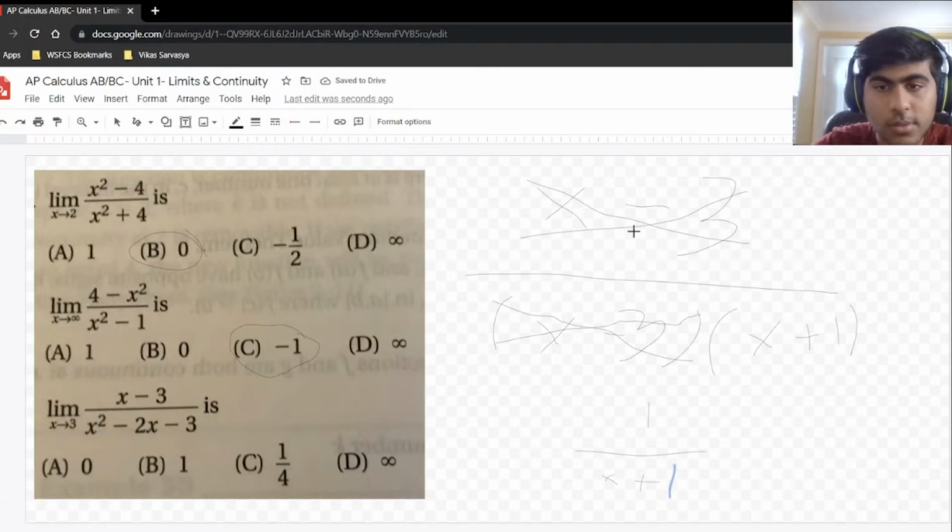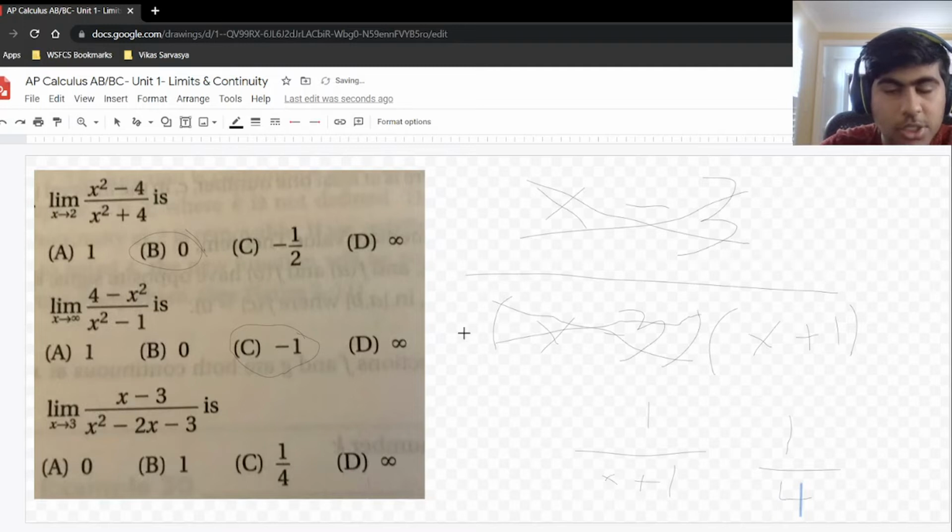And it makes sense, right? When you just cross out the factors in the numerator and denominator, you just get 1 over x plus 1. And this is a valid way to do it. Now just notice that this is not the same function, right? Because at x equals 3, if you were to plug this into that function without the limit, it would be undefined. If you were to plug this into this function, you would get 1 over 4. So they are different functions,